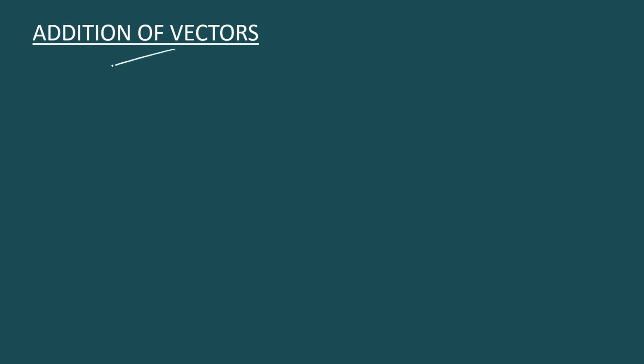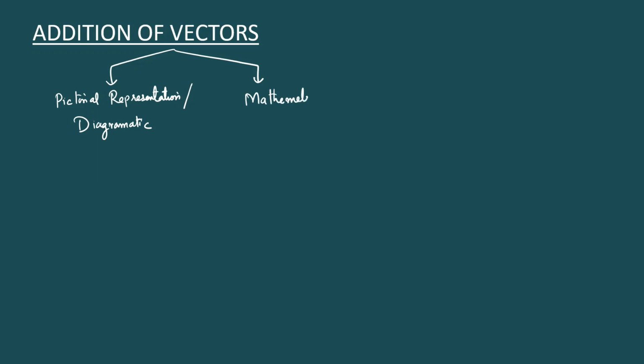When we are adding vectors, we can add them using pictorial or diagrammatic representation. The second way to add vectors is using the mathematical method. Now in the pictorial or diagrammatic method, we have some further classification, that is a